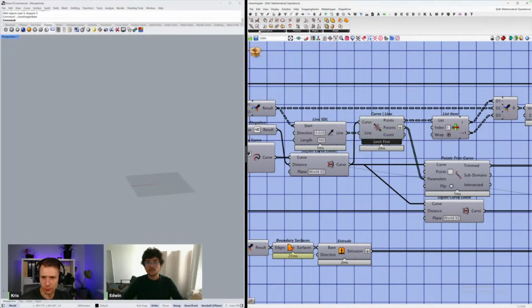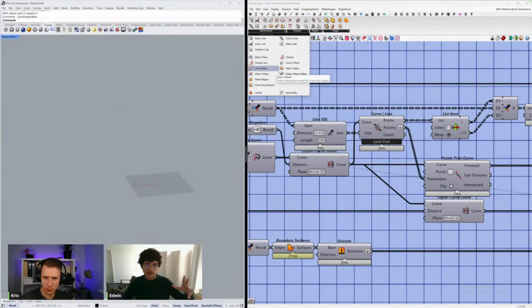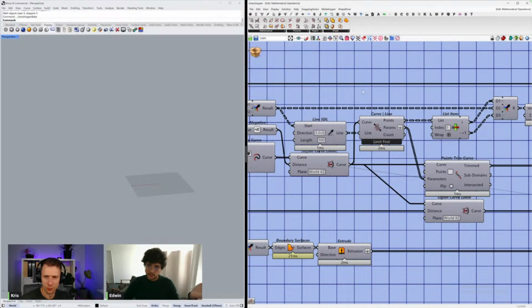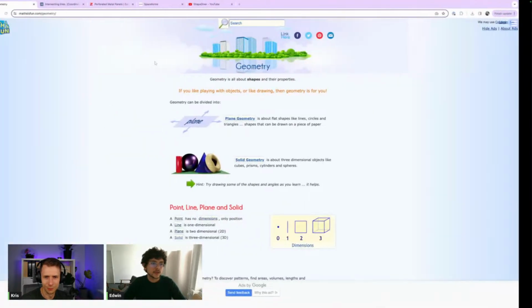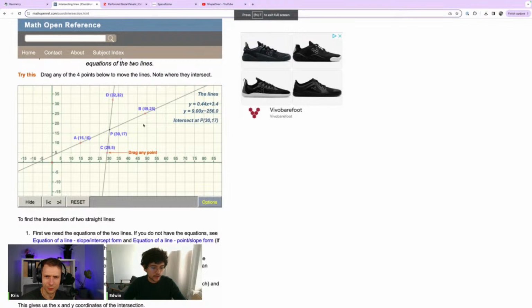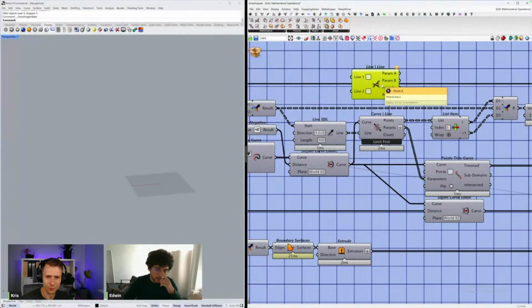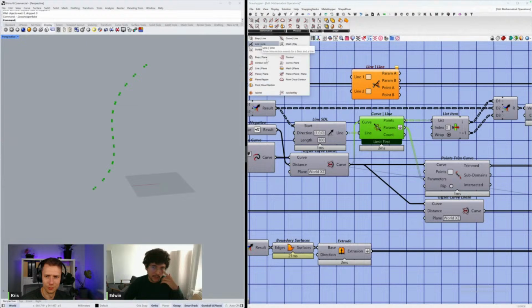This is called mathematical because a lot of these components that you see here can be easily expressed in a mathematical formula. The easiest that you could think about is the line-line intersection. It's here, line-line intersection. That's one of the fastest operations that you can do. Why? Because I could even completely avoid the operation if I want, using this component. There is just a simple mathematical formula that gives me the intersection between two lines. That's it. It's such a simple mathematical operation that it takes no time. The same happens with the curve line and everything that you see inside the mathematical section.